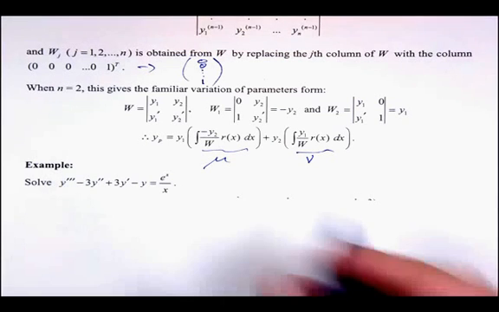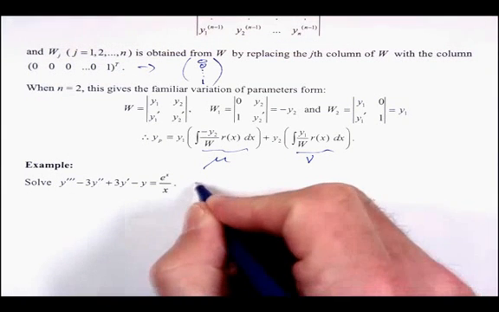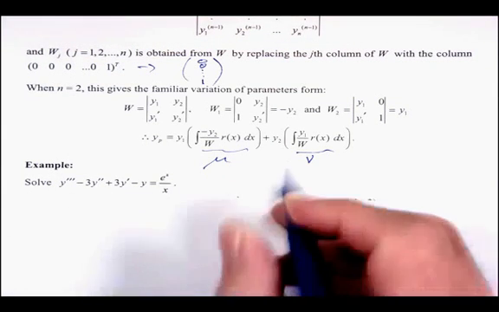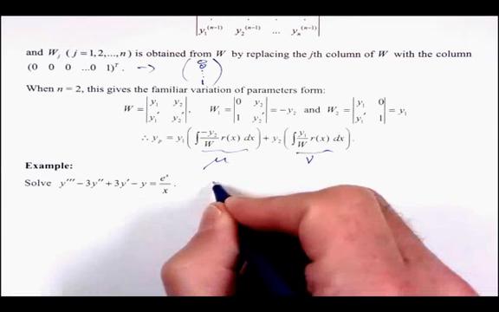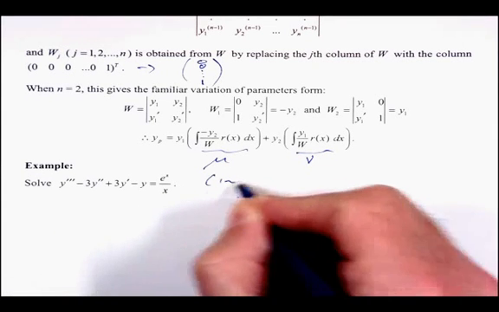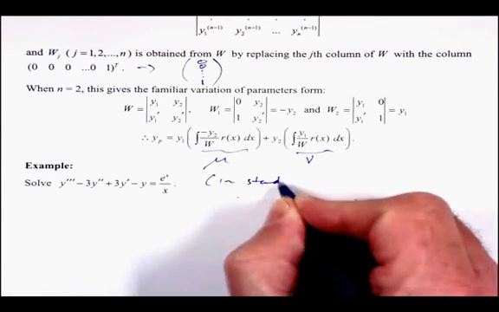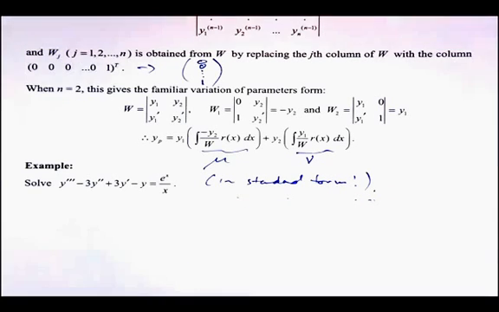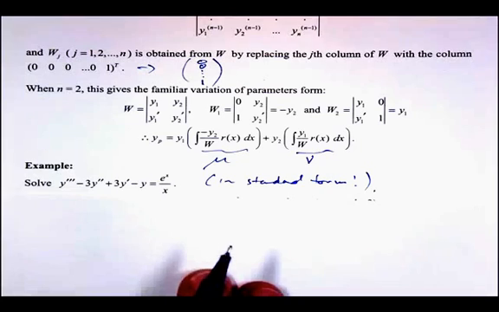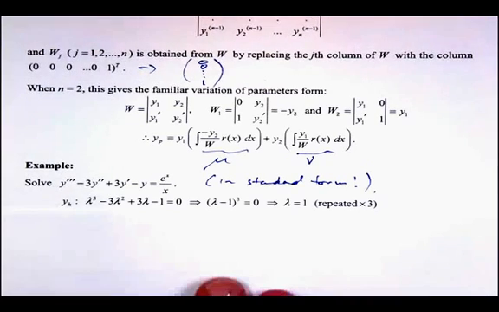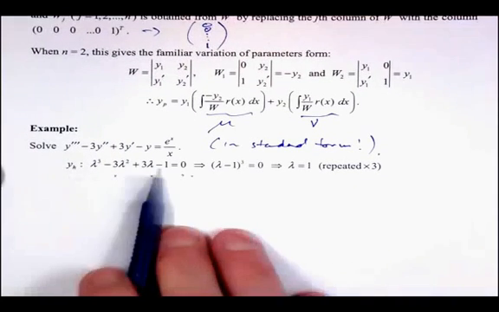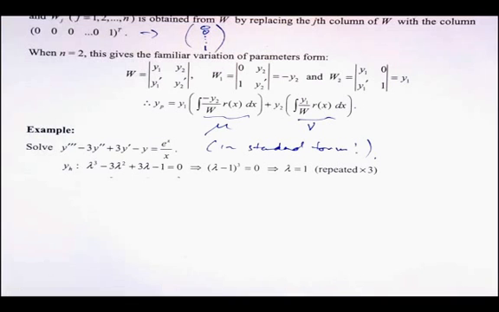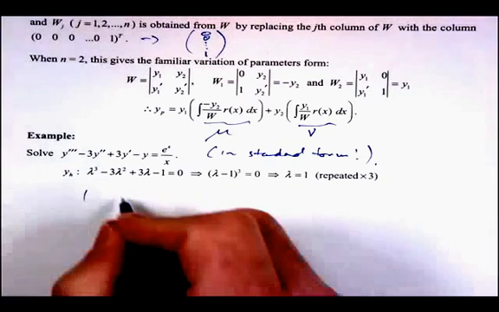So linear constant coefficient, non-homogeneous, we need to use variation of parameters because of the right-hand side, but it's in standard form. So that's important if we're going to use variation of parameters. That means that there's a 1 out the front here. So here are the steps. Find the characteristic equation. Now, where have we seen this pattern 1, 3, 3, 1